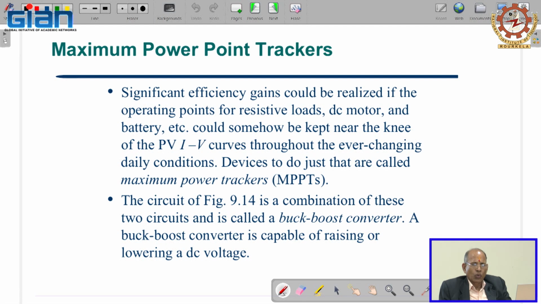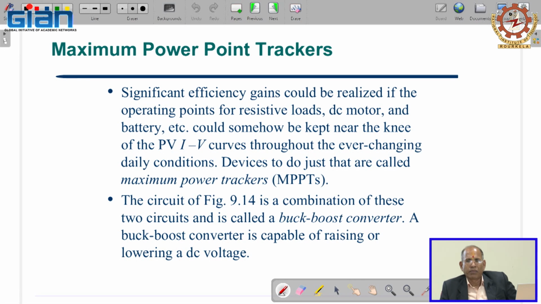So you want to keep the operation of the system corresponding to the knee point. When you operate the device corresponding to the knee point, we call the device an MPPT tracker, which tracks the position to keep the load closer to the knee point. Okay, so here in the next slide you'll see that